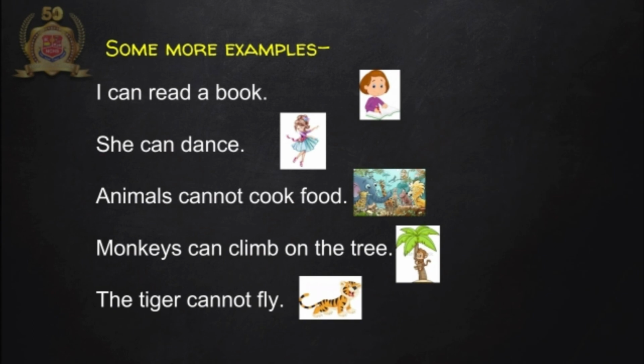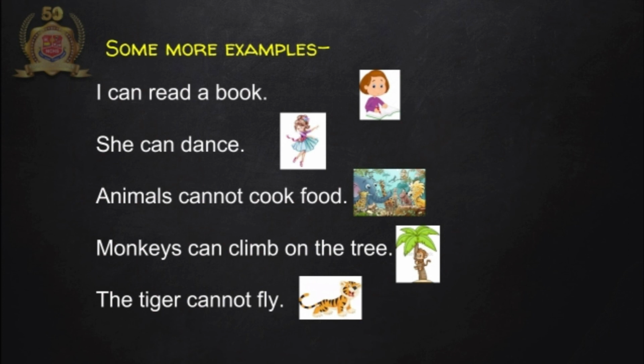Let's read some more examples. I can read a book. She can dance. Animals cannot cook food. Monkeys can climb on the tree. The tiger cannot fly. So children, all the work that we are able to do, we use can there, and